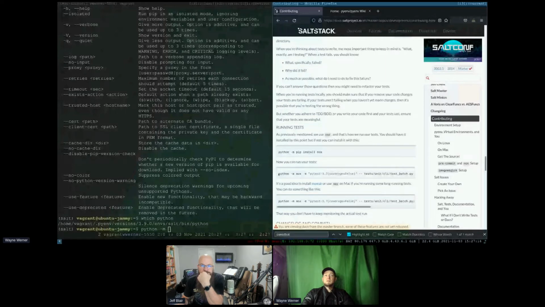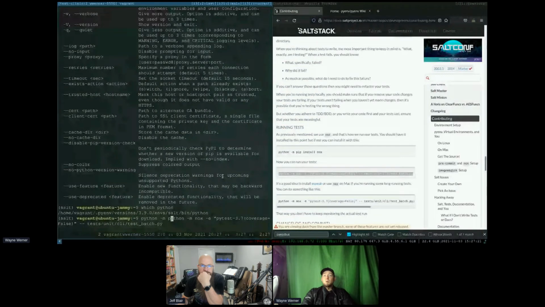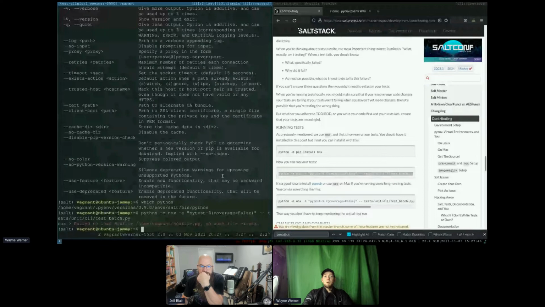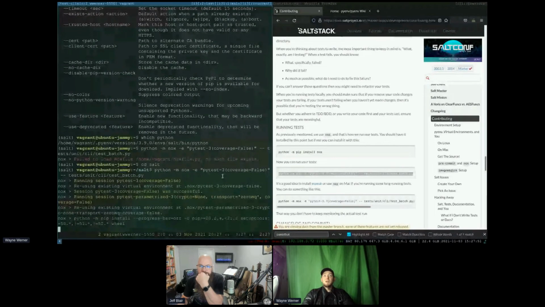So what we want is python -m nox. That says, hey, the Nox that we're running is the one that was installed in this Python and not some other Nox. We don't need 3.7 here, just pytest-3. And we're going to run this test/unit/cli/test_batch. It helps if we actually run within the salt directory. And it will go ahead and